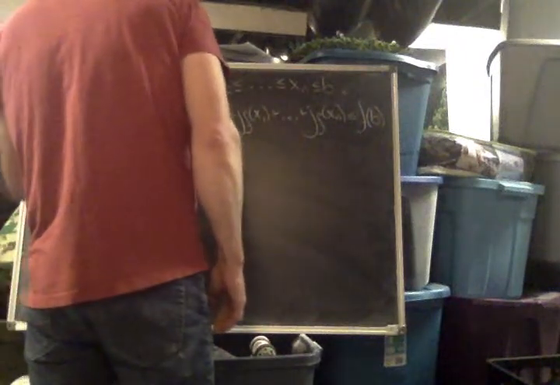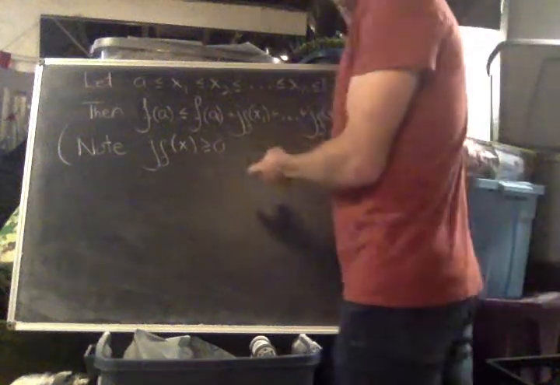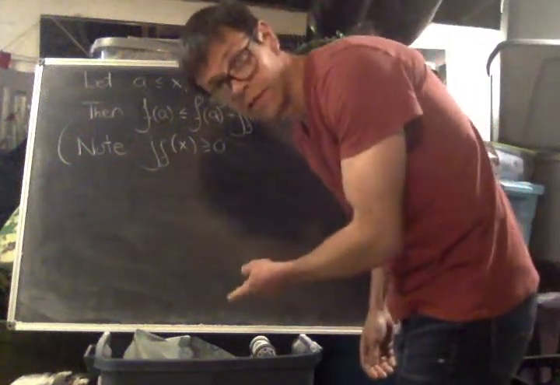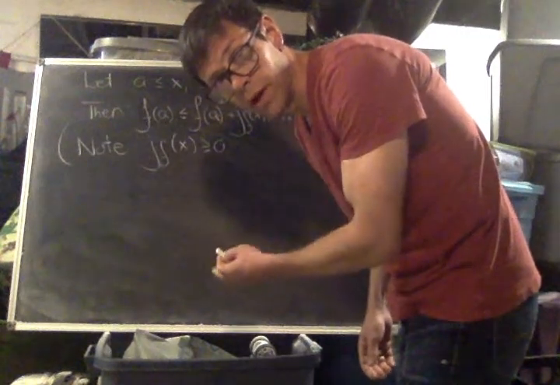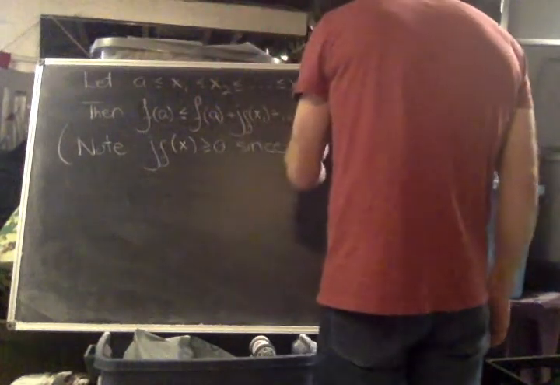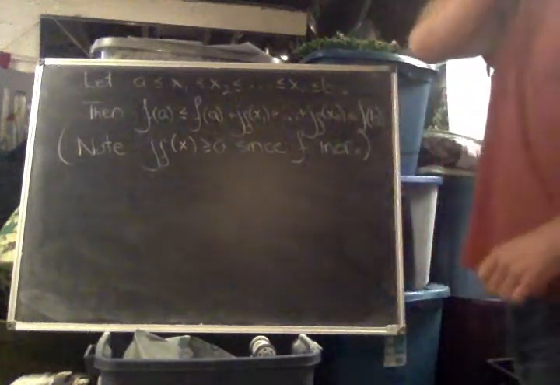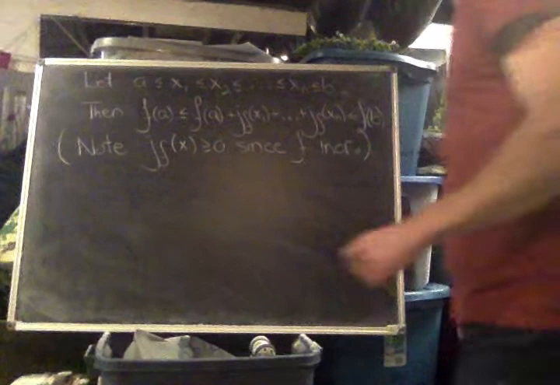Let me just say parenthetically here, note that this j sub f of x, this jump at any point x, is always greater than or equal to 0 for an increasing function. It's the limit from the right minus the limit from the left, and f is increasing, therefore this thing is always greater or equal to 0. So since f is increasing, okay, and then